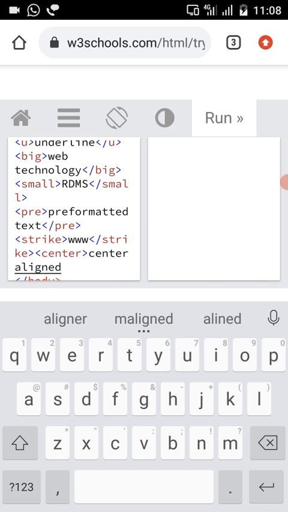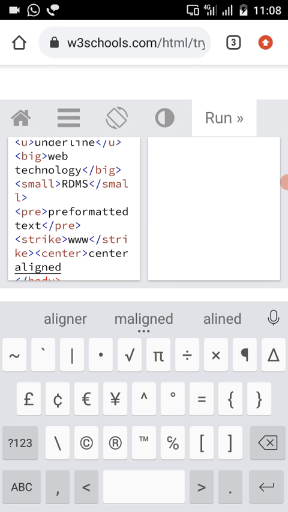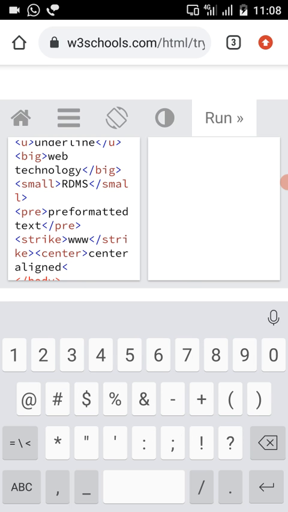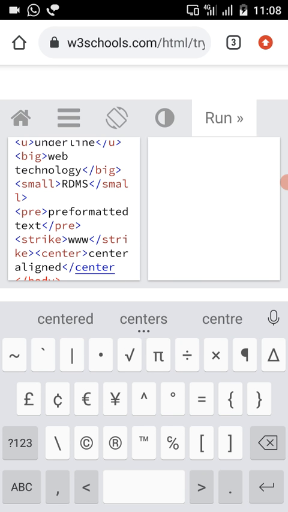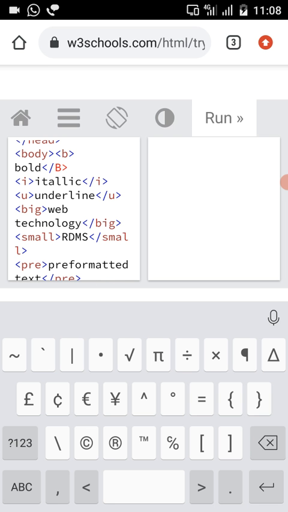For displaying your text at the middle of your web page, we are using a tag called center. Here center is also a paired tag, that's why I'm closing this tag. So these are some of the tags which we are using in font formatting.